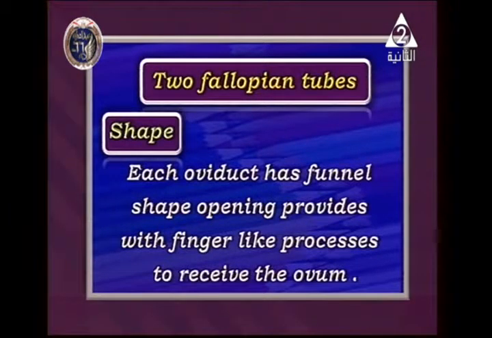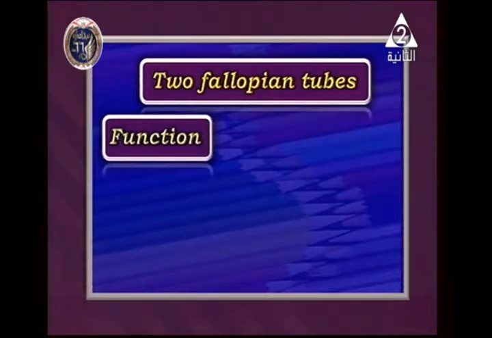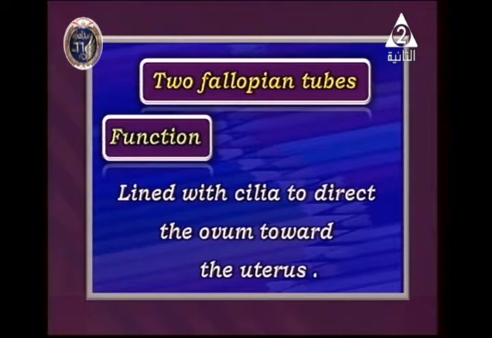So the holder that we have is the fallopian tubes, okay? Each duct or oviduct has a funnel shape at the start of the opening, provided with finger-like processes to receive the ovum. What about the function of the fallopian tube? Actually, they are lined with cilia to direct the ovum to the uterus for fertilization, to accomplish the fertilization